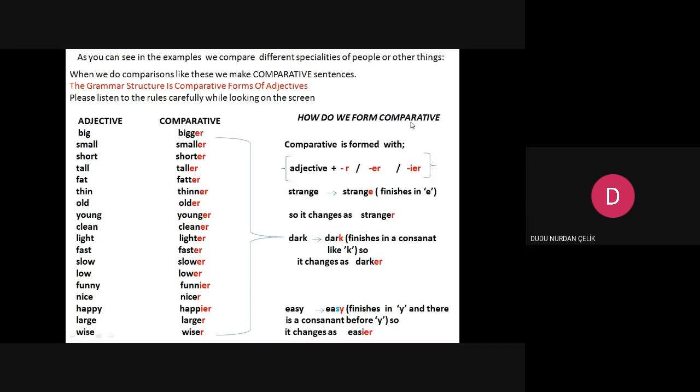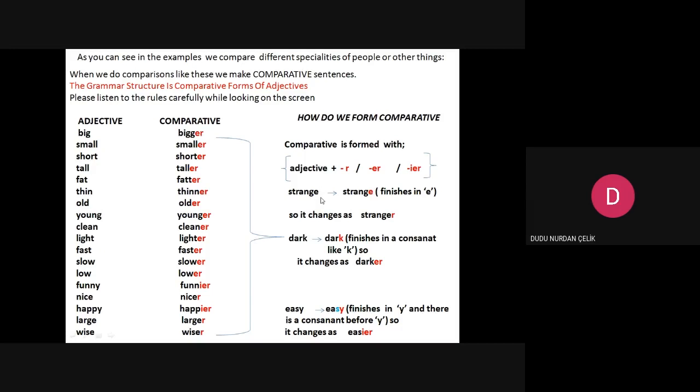How do we form the comparative? The comparative is formed with R, ER, IER. These are additions for the comparative. Where do we use them? We use these additions after an adjective. We add them to an adjective.